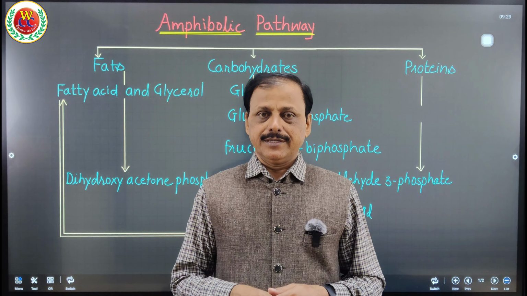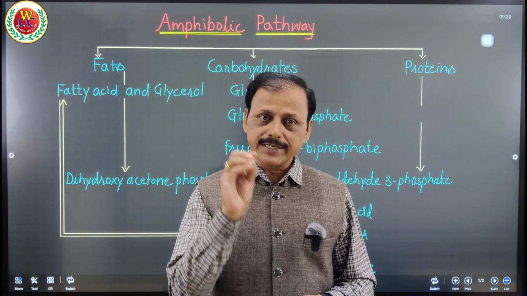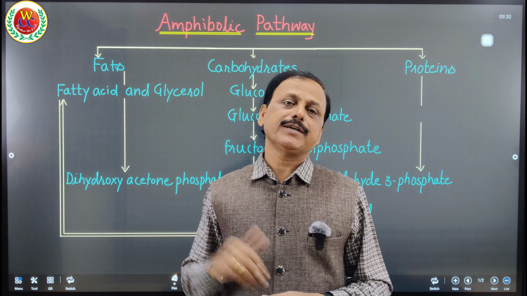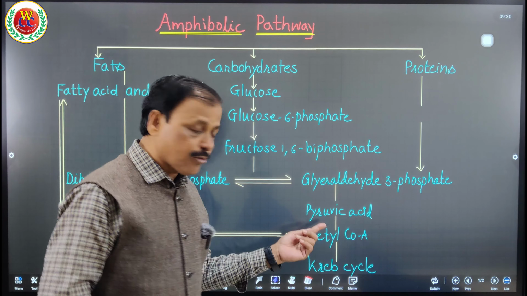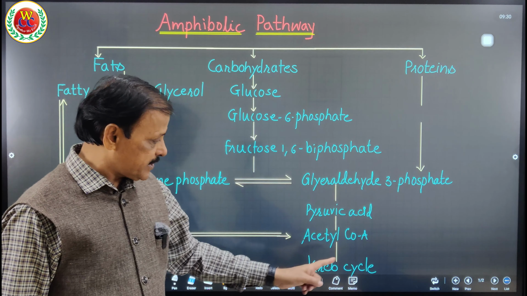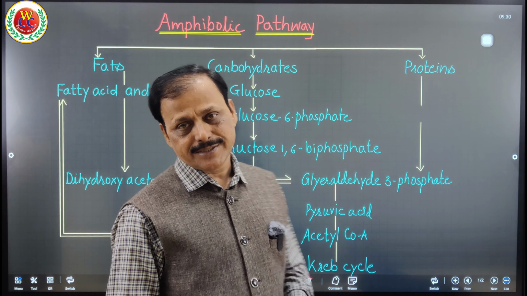Go through, practice it. It is very easy. A question can be asked in NEET: which substrate from the respiratory pathway is withdrawn to resynthesize the fat? One of the following substrates is withdrawn from the respiratory pathway to resynthesize the fat. A question can be asked, what is the common product of all these three substrates when they undergo respiration? That is acetyl-CoA. This also can be a question for NEET.